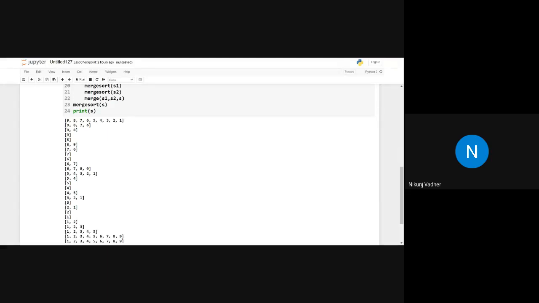Can anybody tell me what the downside of a recursive algorithm is? Yes. More memory consumption. Yes, good.